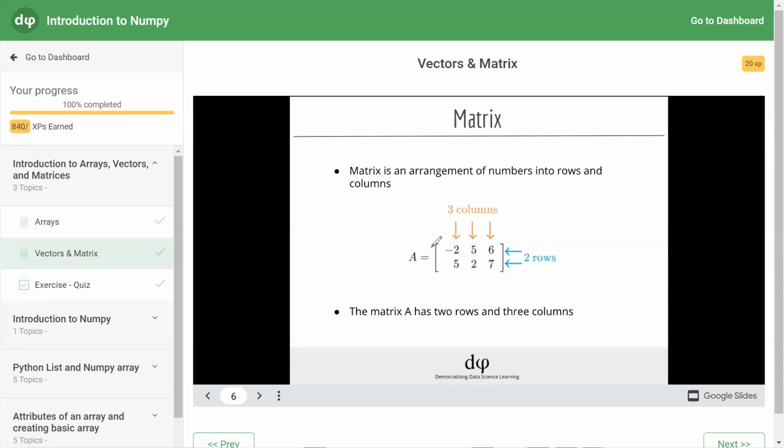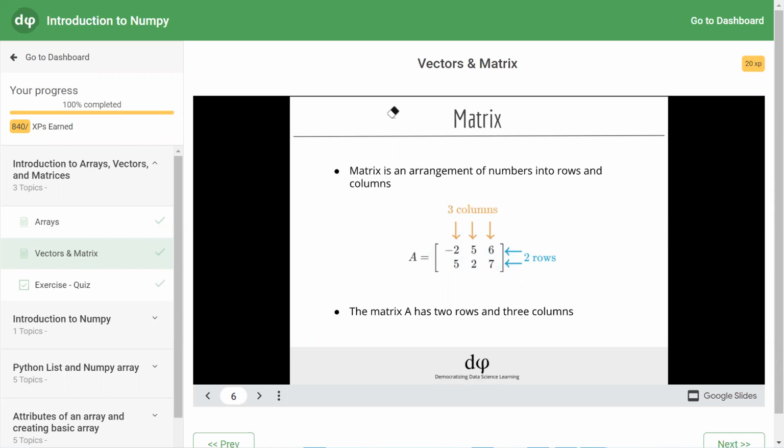We have created A with row 0 and row 1, which are represented horizontally, and three columns. The column index is 0, 1, 2, which are represented vertically: -2, 5, 5, 2, 6, 7. So A is an array, which is a two-dimensional array with two rows and three columns.